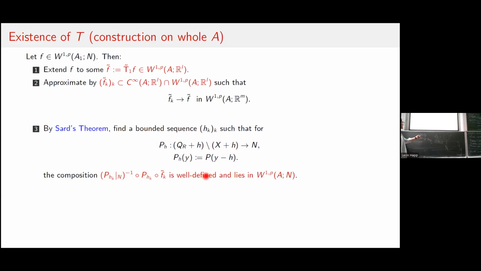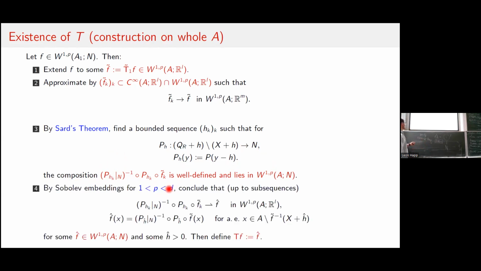Then you have the problem, okay, we apply these translations of the projection. So imagine you have points which are in the target manifold, we translate the projection and project back. You will not land in the same point anymore. But since you want to have the extension property that, of course, on your matrix part, your extended function should coincide with the original function, you have to apply the inverse of the projection again, but only of the projection restricted to the target manifold. And because we take h actually small, this restriction is nothing but the nearest point projection, and you can invert it, and then you look at this concatenation for every k.